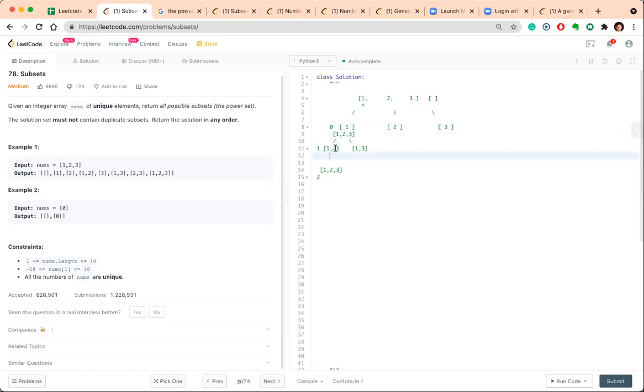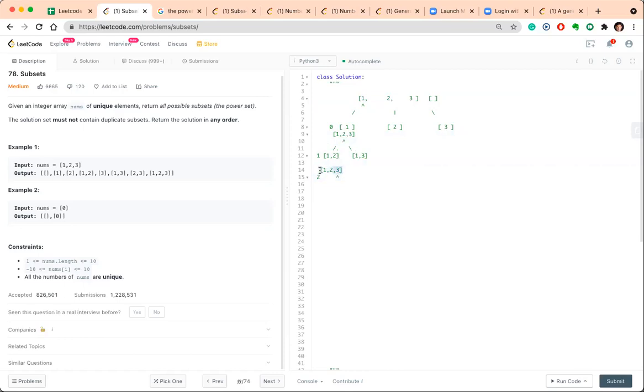Again, with this 1, 2, we will have our array, which is 1, 2, 3, which is here basically. The initial pointer was 1. Here our pointer was pointing to 2. Here our pointer was pointing to 3.